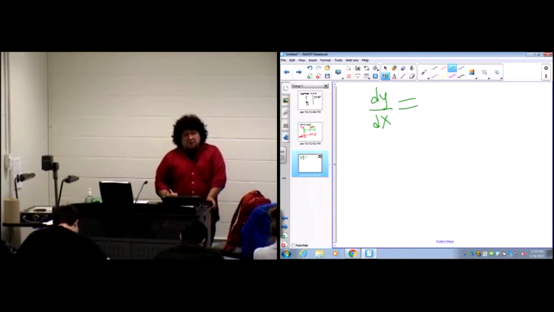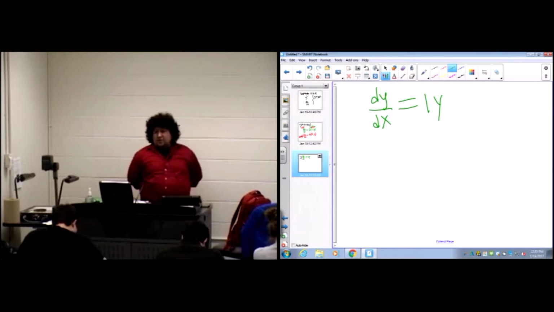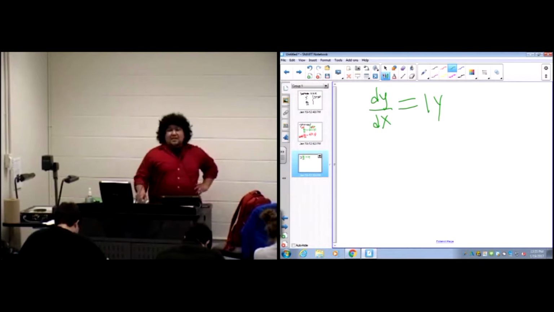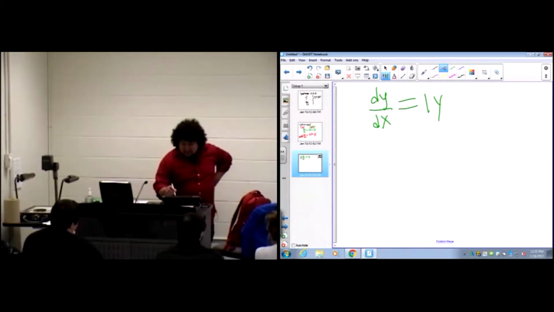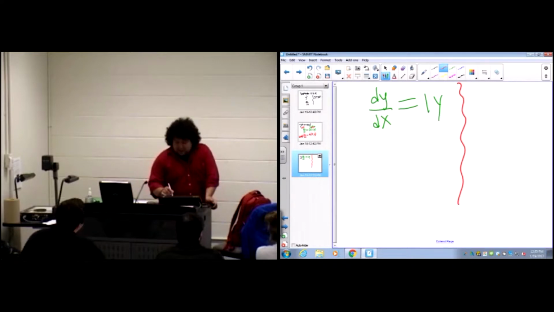So if we have such expressions, for example, dy/dx equals, let's go easy here, 1 times y. This expression says that the derivative of a function y, assuming that y is a function of x, is equal to the function y. What? The derivative of a function is equal to the same function. Now, what? So it turns out, let's think about